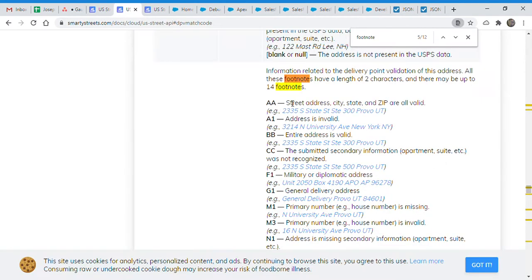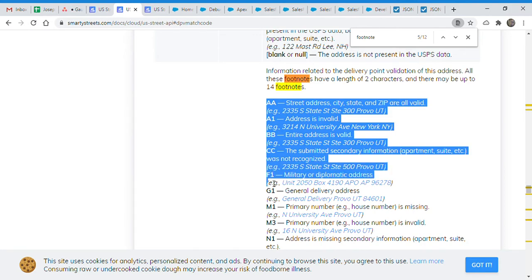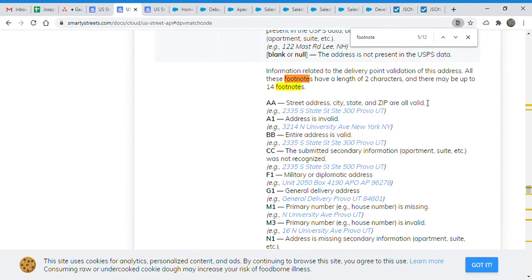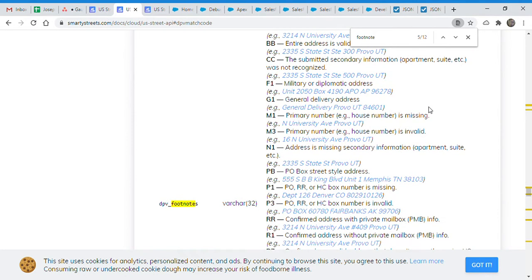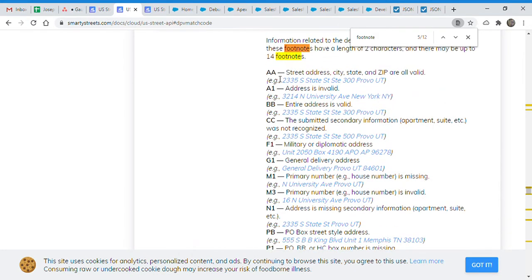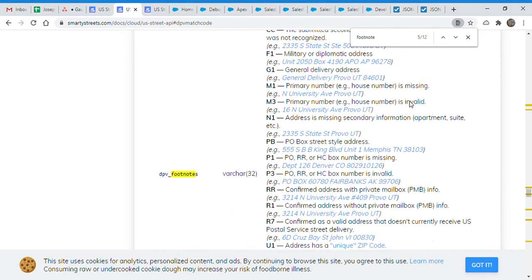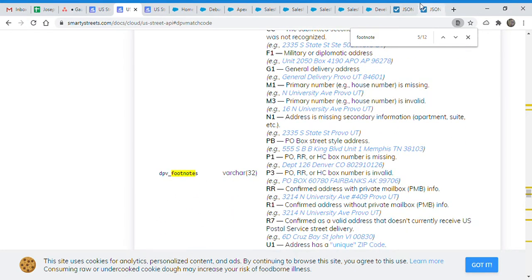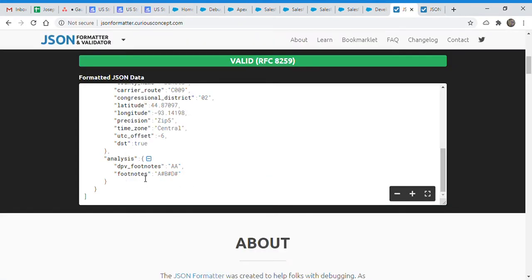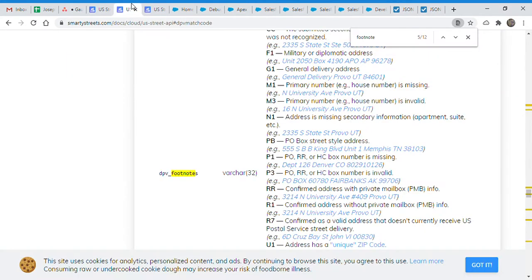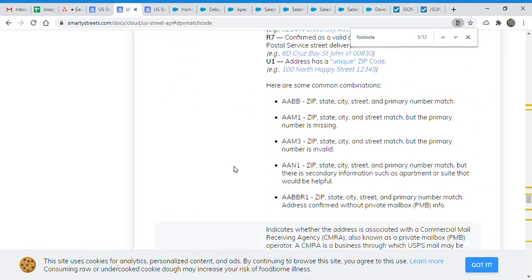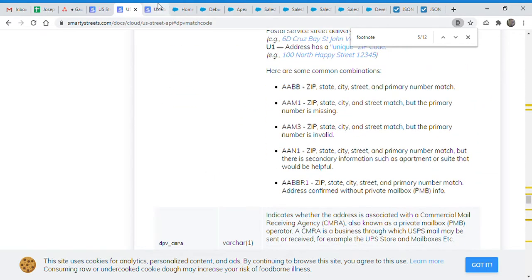It says street address, city, state and zip are all valid. So I think we need to use these as a key and the description as a value, and replace the values, because putting AA does not make any sense. So this is the DPV footnotes, and the second value is footnotes. Footnotes is also a field that is returned, but it contains characters like A#, B#.